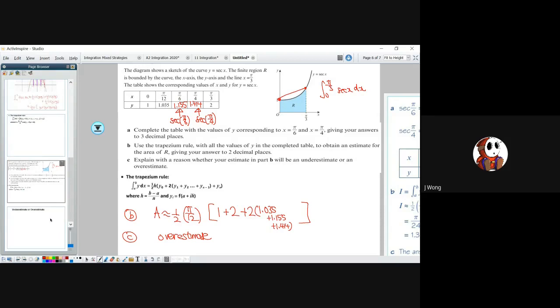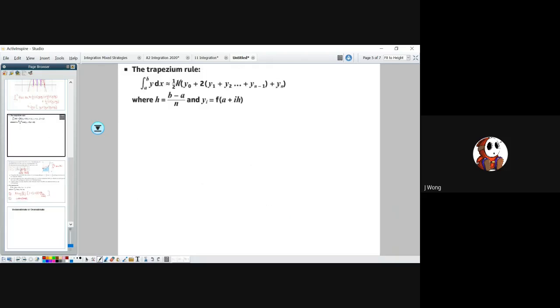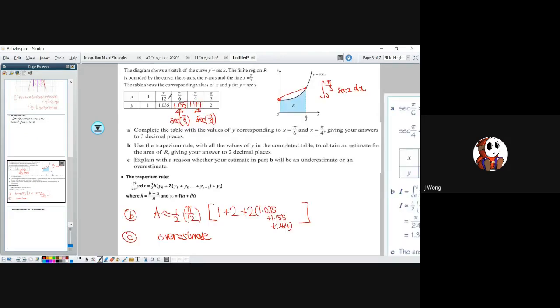And there are 2 reminders that you need to be careful with. The first one is how to use this formula. So remember, h is the width of each strip. You can find it by using the formula h equals b minus a, the difference between the endpoints, divided by how many strips they want. Because sometimes they do